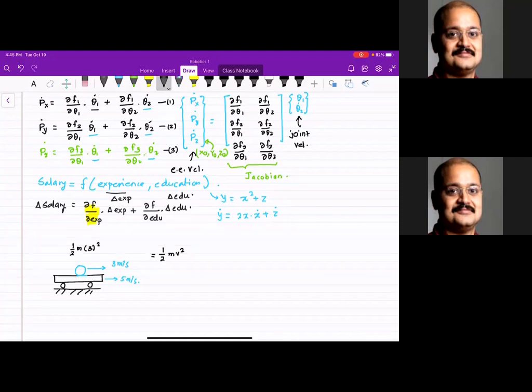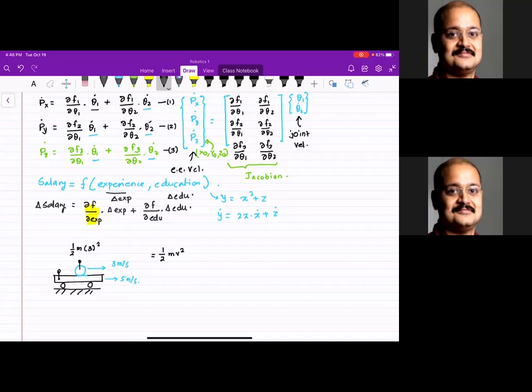Because it's a relative speed. Basically, 3 is 3 with respect to 5. That's what I mean by that. So the ball's speed is not an absolute speed. If you have a speedometer attached over here, this speedometer is going to read 3, and this speedometer is going to read 5. So the kinetic energy of this ball is 1/2 mv square.